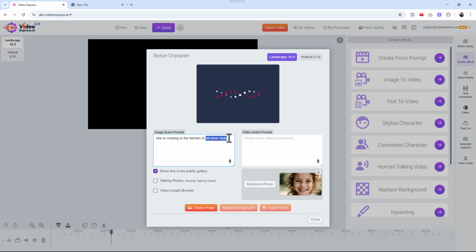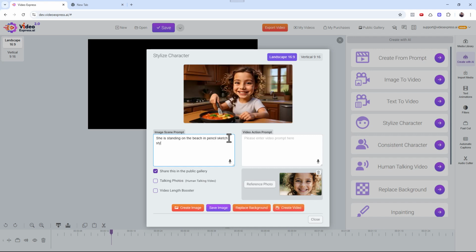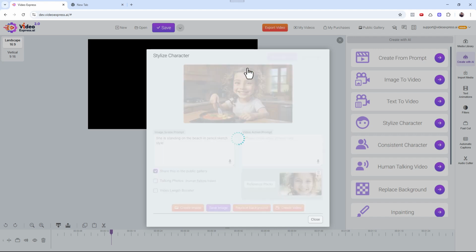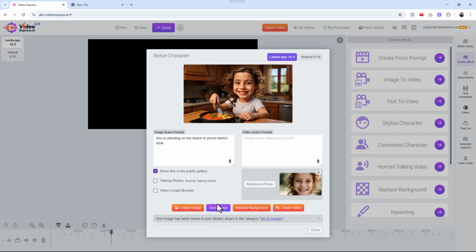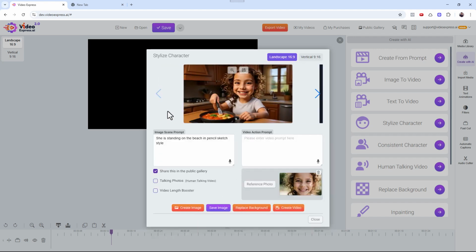So let's say I do she is standing on the beach, in, you know, pencil sketch style, right? So that's what you can do. Look at that, right? We call that, I kind of pronounce it differently, but you call it caricature. So that's what you do, you can create the image again, and that's what it does. So you can take your images and create them in that format and can create